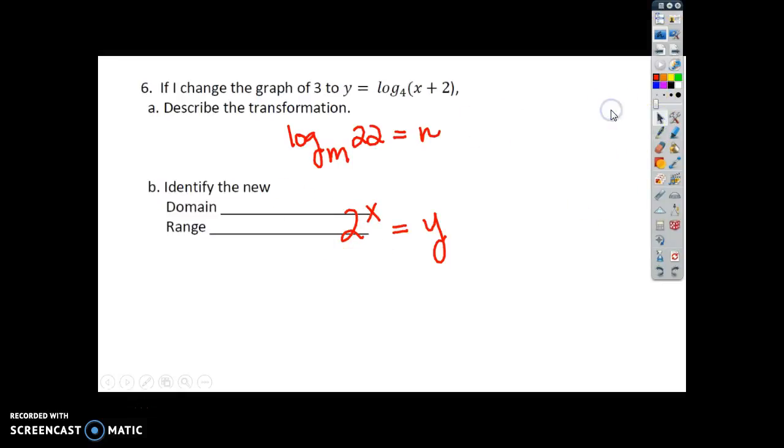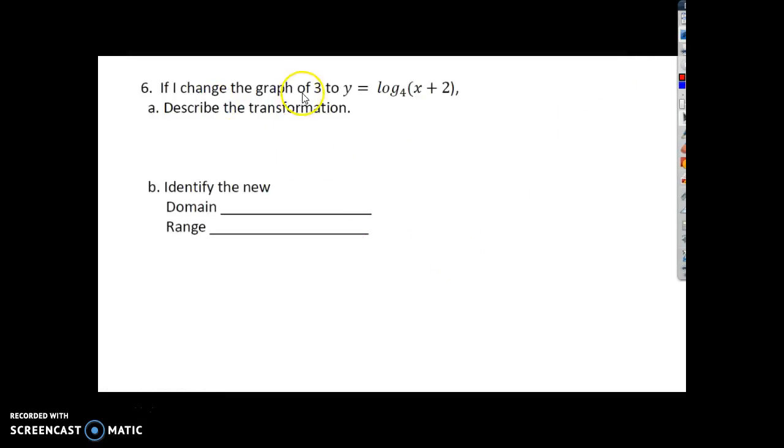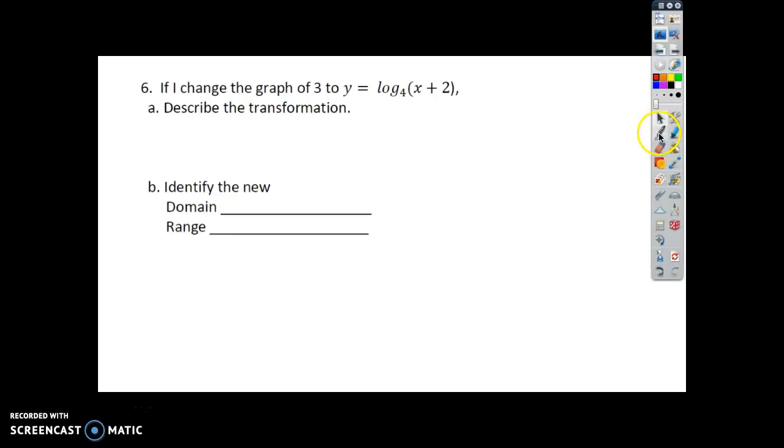All right, let's do the last one. Number 6, it says, if I change the graph of 3 to y is equal to log base 4 of x plus 2, describe the transformation. Identify the domain and range. Okay, so